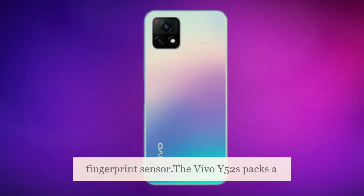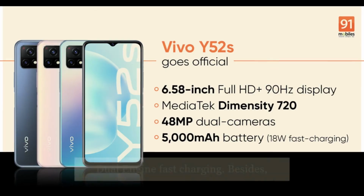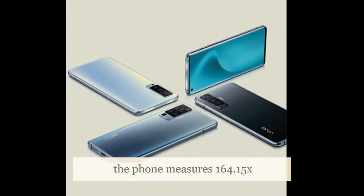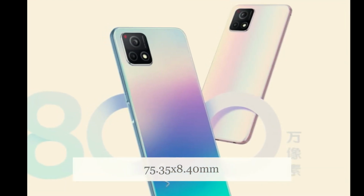The Vivo Y52s packs a 5,000 mAh battery that supports 18 watts dual-engine fast charging. Besides, the phone measures 164.15 by 75.35 by 8.40 mm and weighs